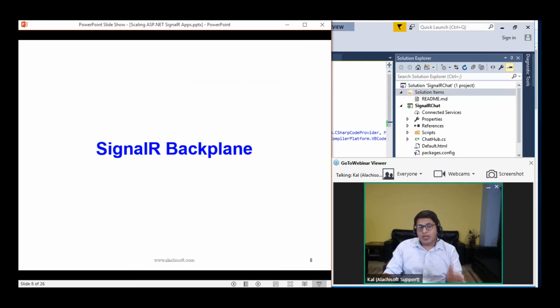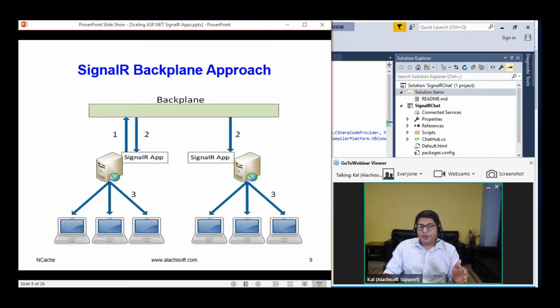And in order to get rid of this, SignalR introduced a term called the SignalR Backplane. Let me explain what this is exactly. If you take the same example, but a slightly different scenario, you have a web farm right here, and you have a load balancer in between. Let's assume all the clients' requests are coming in through that load balancer and going to their respective web servers. In this case, there's a shared bus, a shared repository, which is connected to